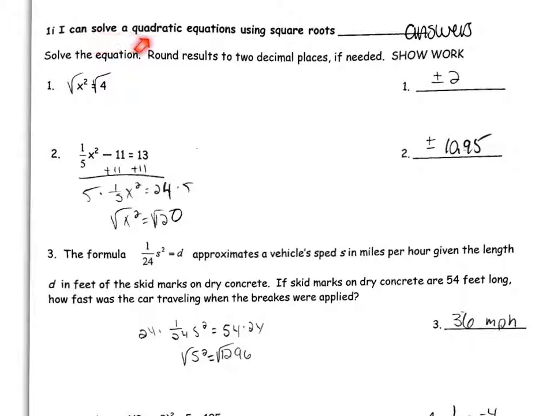So these are the answers for solving quadratics using a square root. For the formative assessment, the number one mistake is you forgot both the positive and the negative answer. So remember, you were taking the square root on both sides. Many of you had 2, but you've been able to do that for a long time. This is showing that you understand that there is a positive and a negative square root when you're solving a